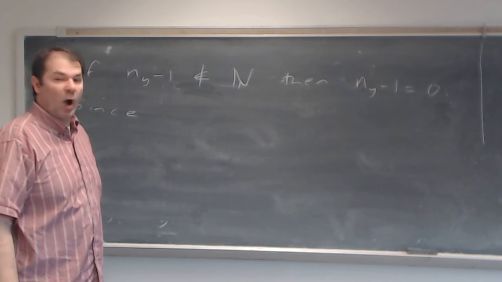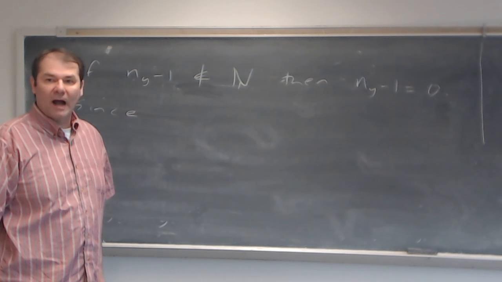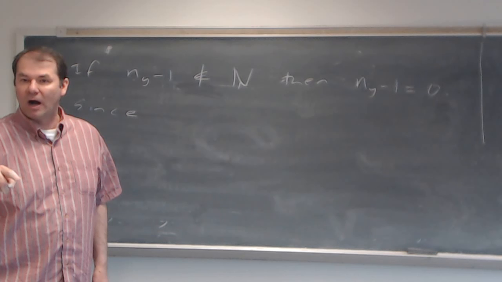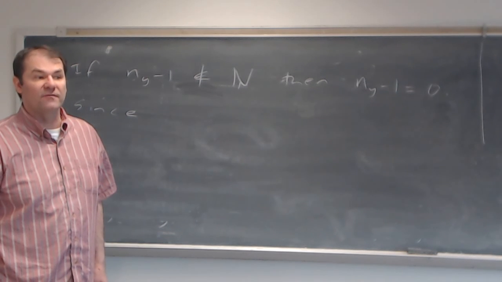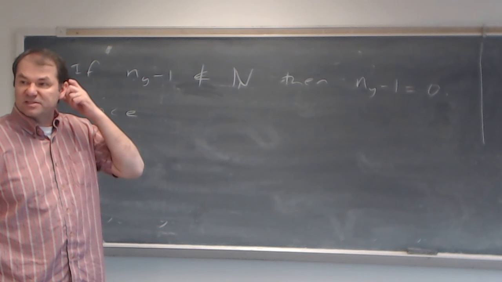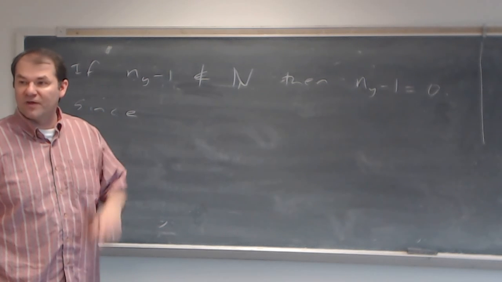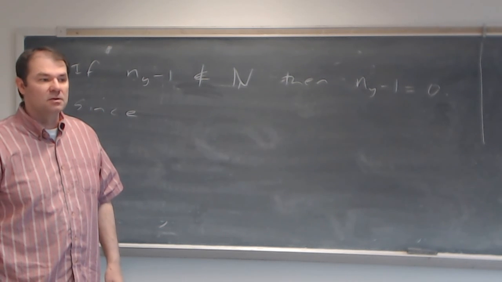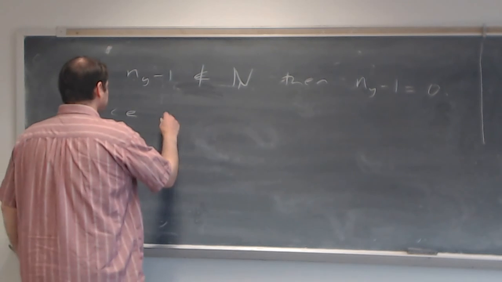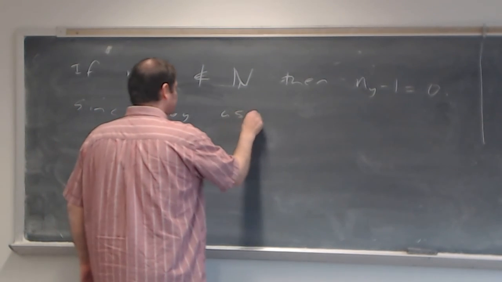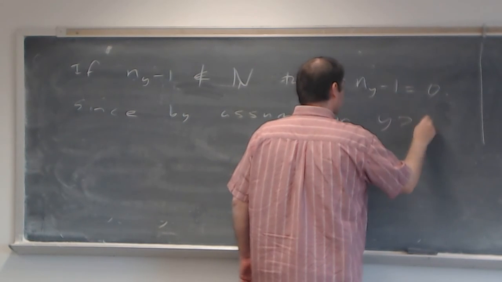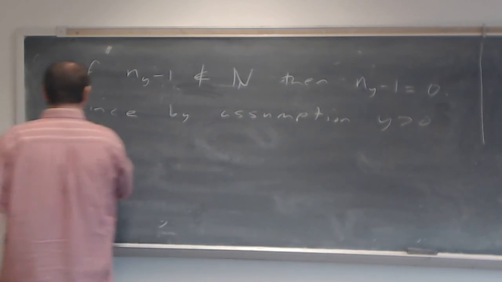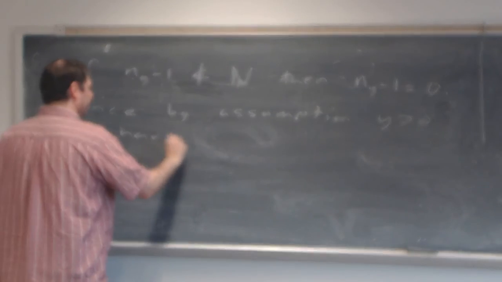Here, remember we were talking about y. What property did we have about y? There was only one thing in the statement about y. That was in the definition of E sub y. In the statement of the theorem, the corollary, there was only one thing we said about y: y was greater than 0. Since by assumption y is greater than 0, we have, in this case,